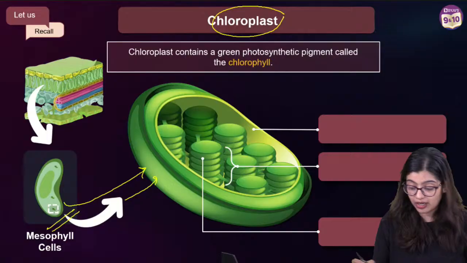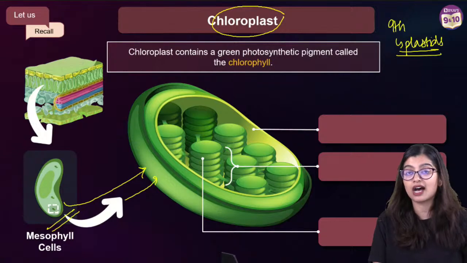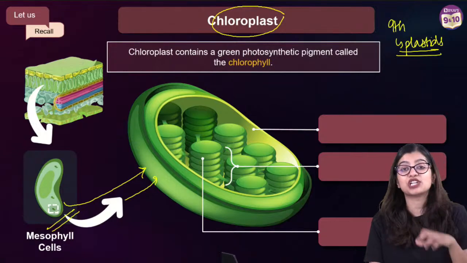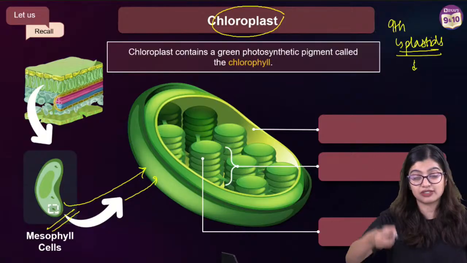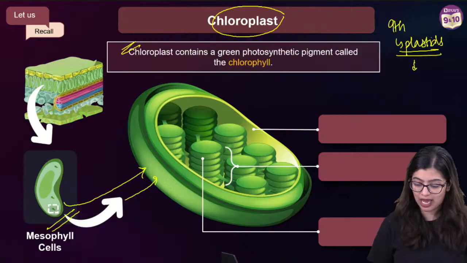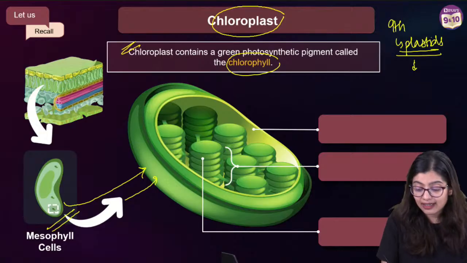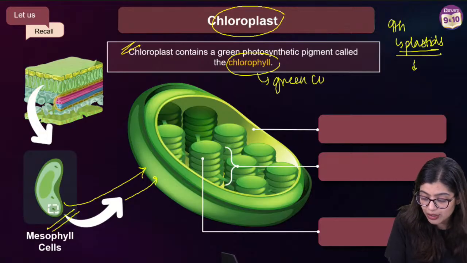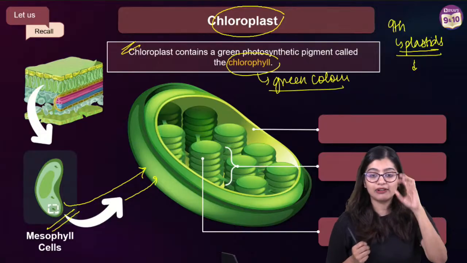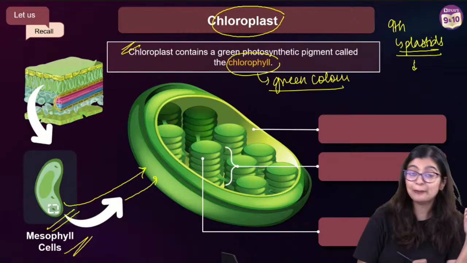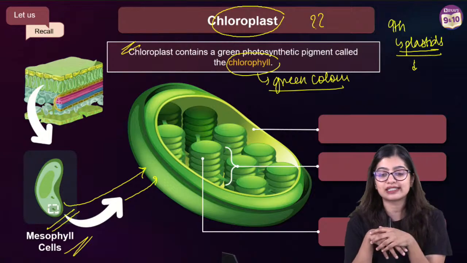Now from 9th standard, if we were to recall our knowledge about plastids, we know that plastids are specific types of cell organelles which I will find only in my plant cells, right? And we know that there's a specific kind of plastid called chloroplast which has a pigment in it called chlorophyll. And this is what imparts the green color to my leaf. So where will I find this chloroplast?